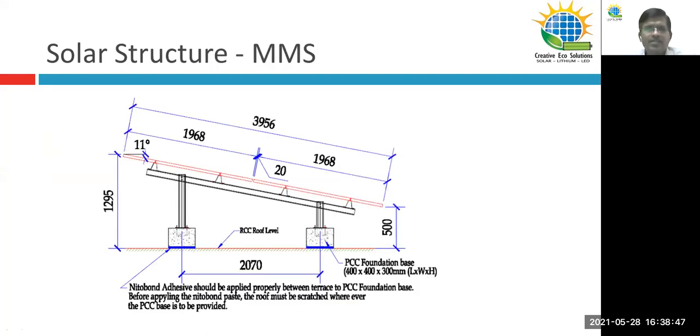Now with respect to the solar structure, we got the length of the solar panel from the specification sheet of the panel. Now this is the important thing, the purlins. A solar structure will have three components. One, we'll have columns, in which we'll have short columns and long columns. Then column to column will be fixed by a rafter, and on the rafter your purlins will come. Purlins are the channels where your solar panels are mounted. The purlins will be mounted to the rafter, the rafter will be mounted to the columns, and the columns will be mounted to your civil pedestals or routed to your RCC floors.